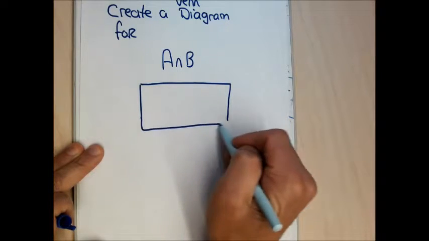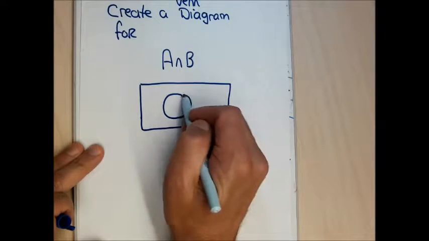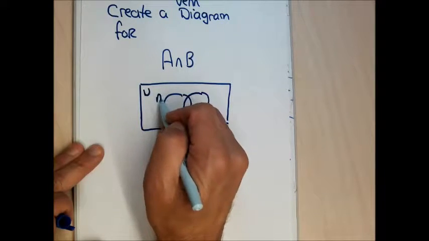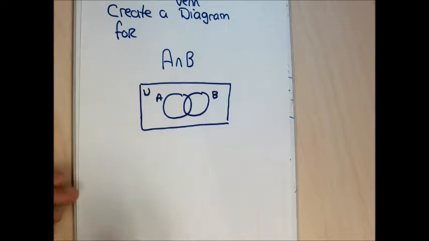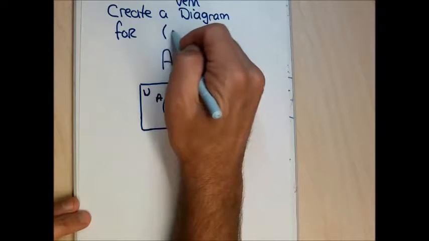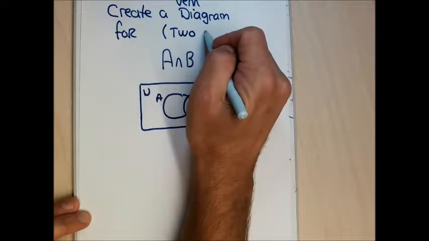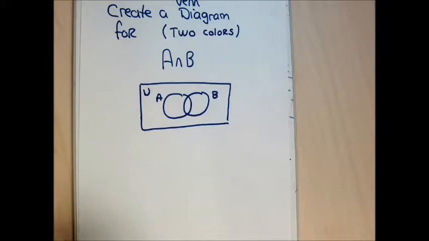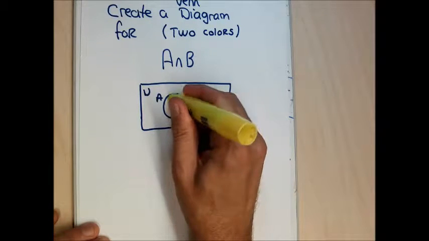And I often do an initial picture and then an answer picture. Let me pick some highlighters that might be lighter. So when I do a Venn diagram for an intersection, I usually use two colors to represent each set with a different color, because an intersection is trying to find out what the sets have in common, and pictorially to find out what the sets have in common,